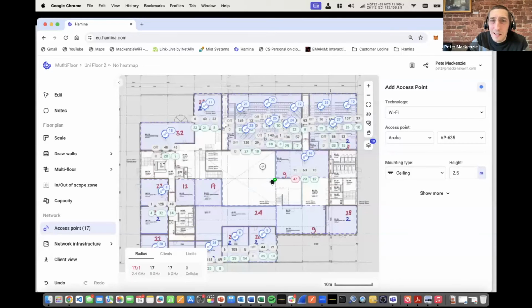So I think it makes it very quick and easy to deal with capacity. And I've never had in a design tool something that can show me as easily how many clients are associated to each AP and when. So they're just 2 different ways of doing capacity, either lots of small areas or a big area over the entire plan. And I guess it's going to depend on what suits your